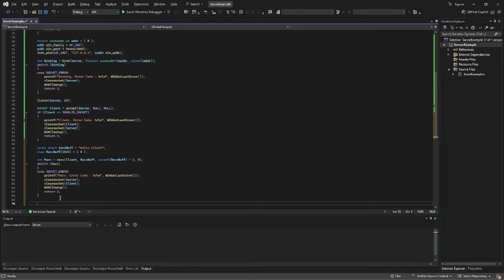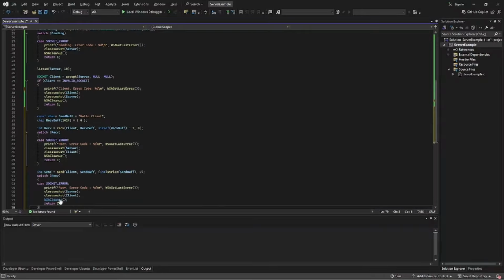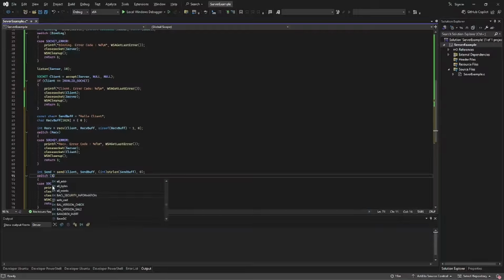Last thing is going to be our send. So that's going to be int sends equaling send client, send buff, int strlen is going to be equal to send buff, and then the final thing is going to be 0. And I'm just going to copy, I'm basically going to paste that again. Hit send,